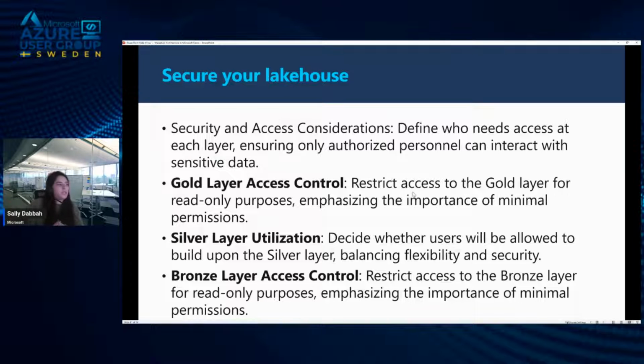We also have silver layer utilization, which decides whether a user can be allowed to build upon the silver layer, balancing flexibility and security. We also have bronze layer access control, which is basically restricting access to the bronze layer to read only, and again emphasizing the importance of minimal permissions.